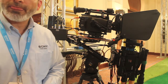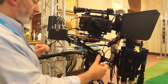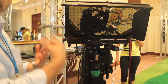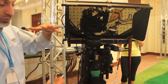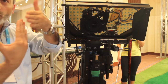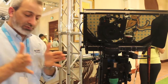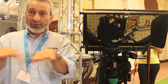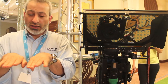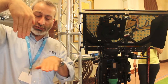And isn't it supposed to shoot from the left and the right too? One camera, I mean, if you look at it from this way, you'll have one sensor as the left, one sensor as the right. The reason why they put it this way is to give you flexibility on how far apart the lenses are. If you have these close to each other, you're limited. You cannot make them go closer as much as you want because they're going to hit each other. So the only way to make the lenses get close is by putting one on top and one